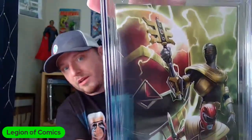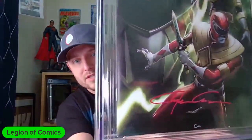This next one was actually the hardest one to find out of all of them because these things sold out. This was like during the height of the Ranger popularity. And this is just straight up Mighty Morphin Power Rangers issue number 48. And this one as well is signed by Clayton Crane. It's a Joel's Art collectible, and it features and highlights Jason Scott, the Red Ranger, and his time through the Rangers as the red and gold. And then you have that Omega there, just wicked cool stuff, signed by Clayton Crane in red,